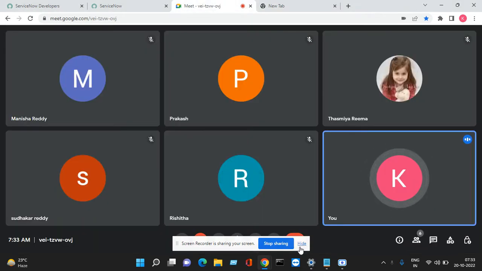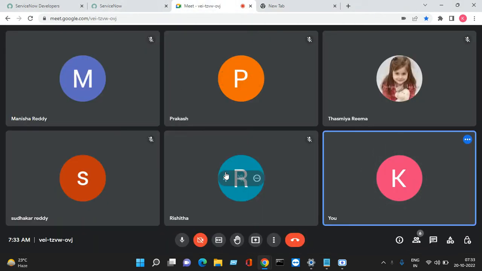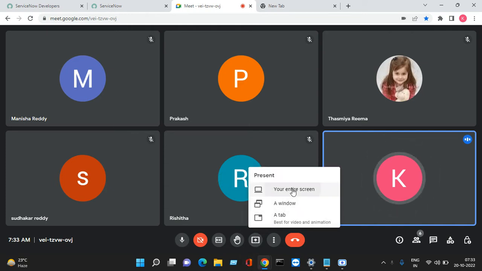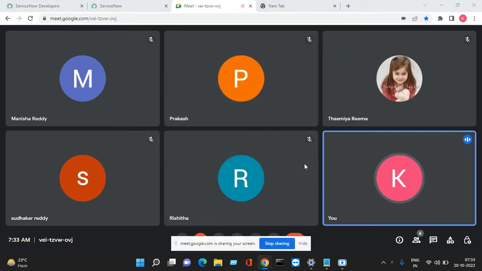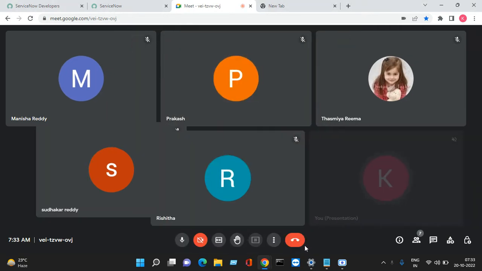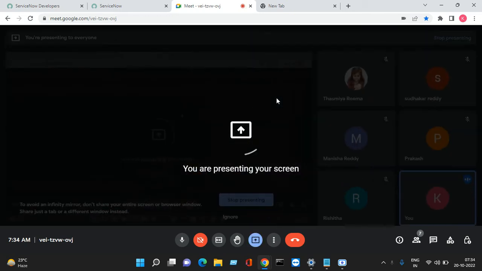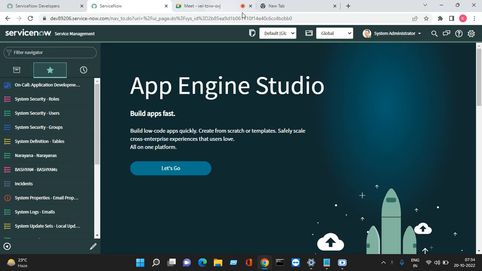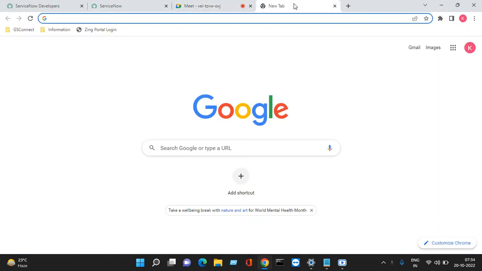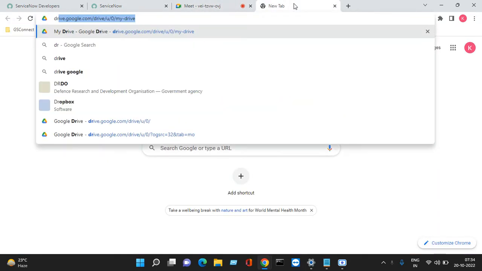In the last class, what we have done is, let me share my screen. In the last class, we just created an import set, and we loaded the data and updated the same thing. So today,